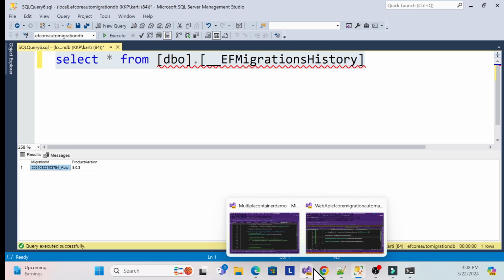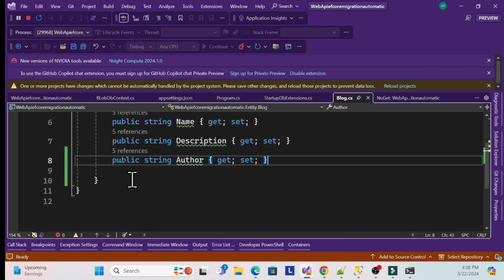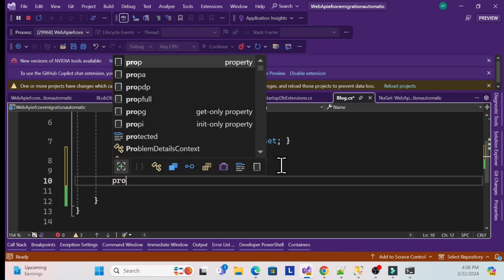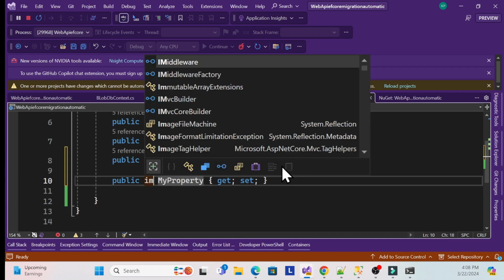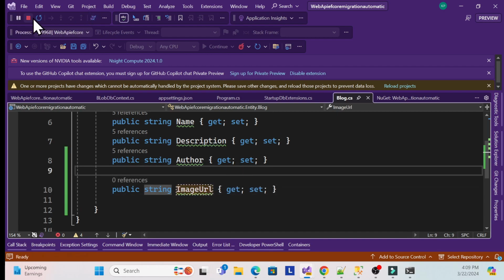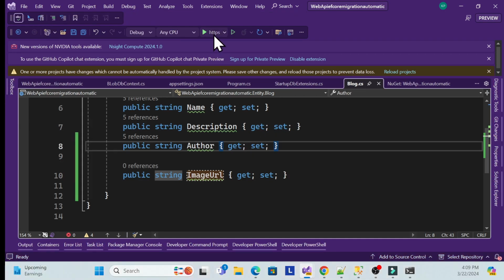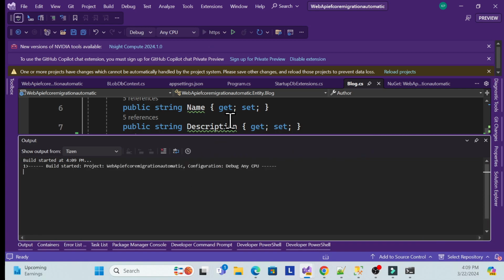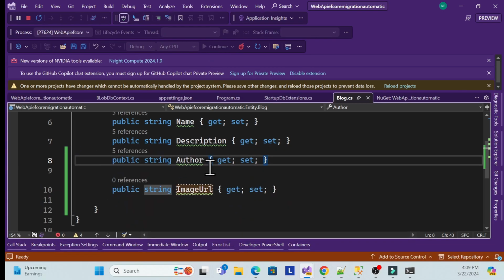Now why I changed it, why I removed it last time, I'll tell you. Now what I will do is show you from scratch. That's why I removed it at that time. And let me add that column again, for example, string image URL, right? Just save it and stop the application. Once you stop the application and run, this time there is a difference: they will add the new column as well,